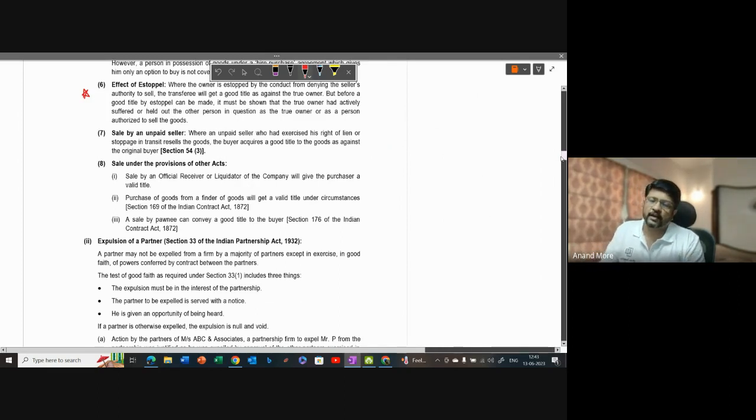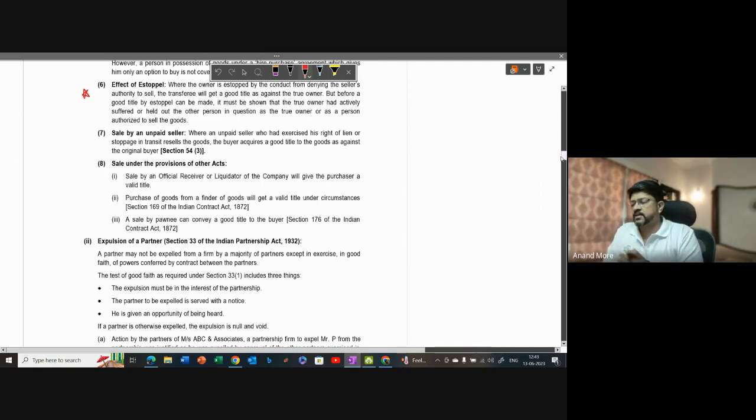He's trying to locate who is the real owner, but the real owner is not available, and the goods are probably perishable goods. In that case, he sells the goods, keeps the cash, and whenever the original owner is available, he can give away the cash. That's what is considered. In such a case, the buyer of goods sold by a finder of the goods, who himself is not the owner, can still become the owner of the same.